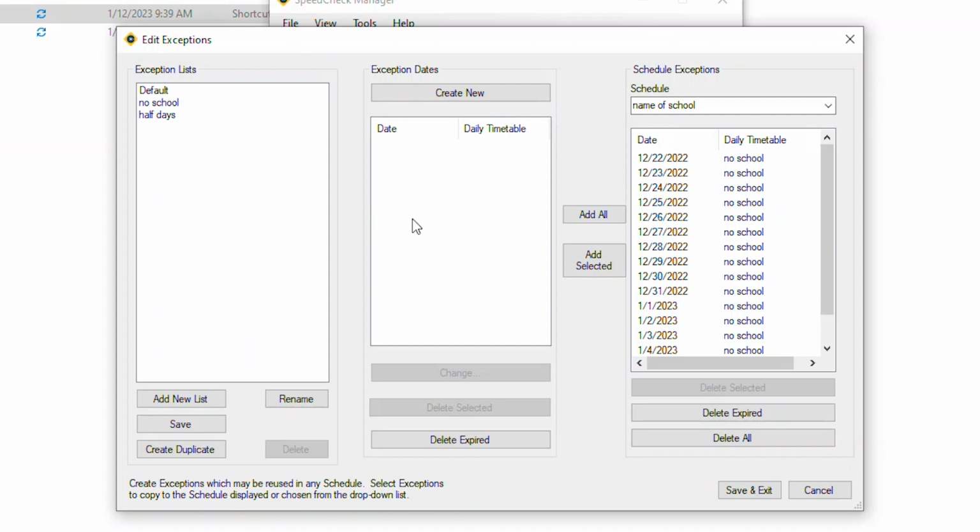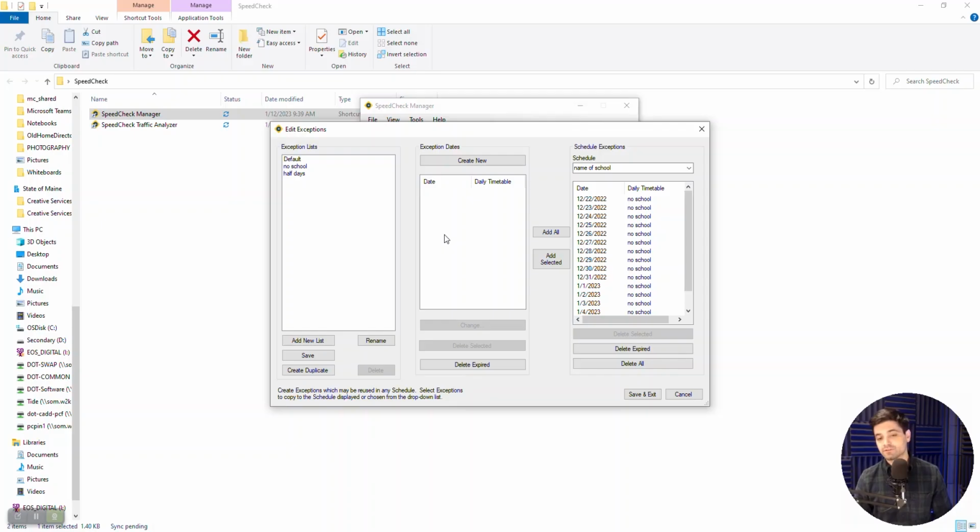There's no point really in setting up ones for snow days. If you're having a snow day, you don't want to send someone out to the sign to update it. It's not good weather. People should just be driving slowly anyways, since you don't know when snow days are going to happen. And also linked to snow days is summer vacation. I wouldn't bother creating exception lists for that because you don't know the exact dates when it's going to happen. And you could just go out and upload a new schedule that's just all off instead of putting in all of those exception dates.